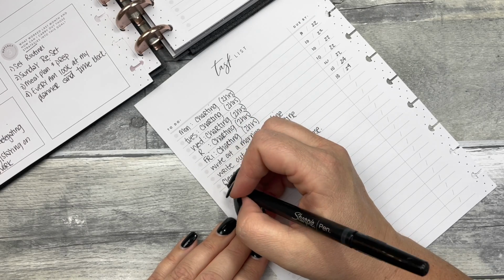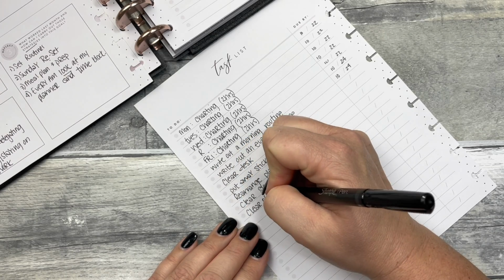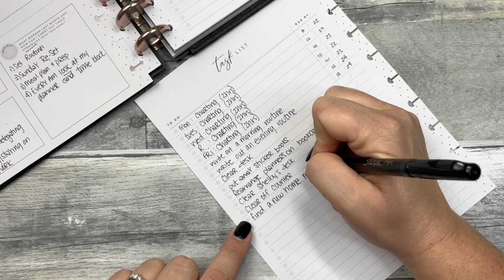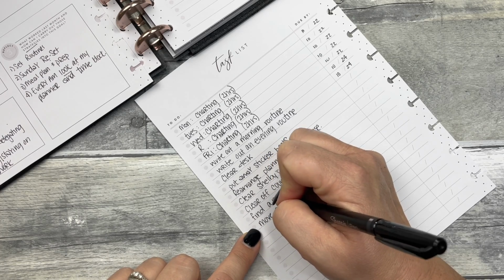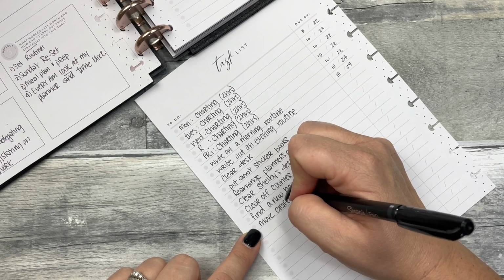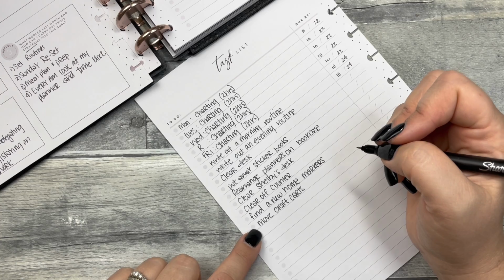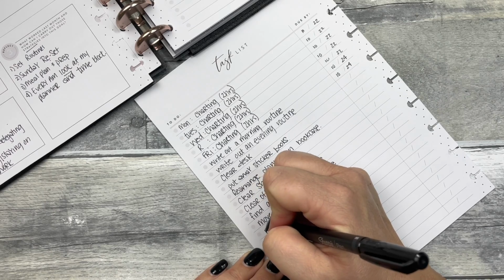I also want to clear off counter. I want to find a new home for markers. I feel like they are taking up valuable bookshelf space and they don't need to be there. Move craft carts. I don't even know what you call these, craft carts. So I have one with some Cricut vinyl, and it's organized. I just need to find a new home for it because I put a new bookshelf up. So move craft carts, we'll just put new home,